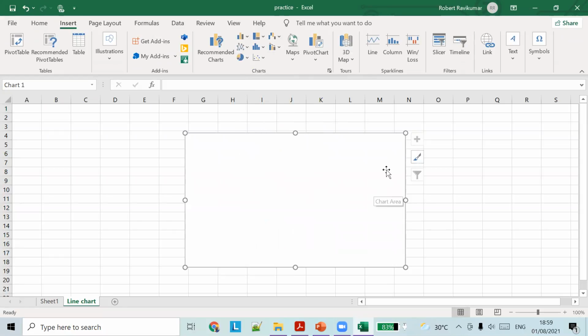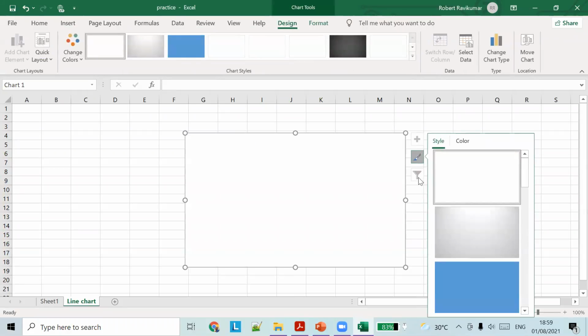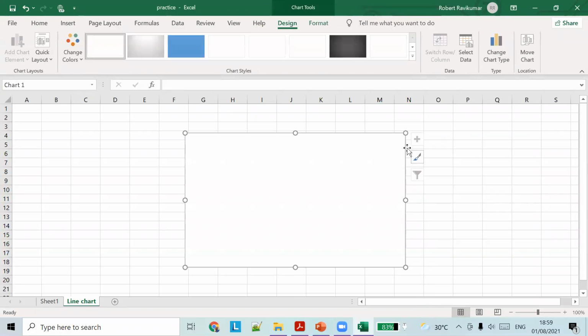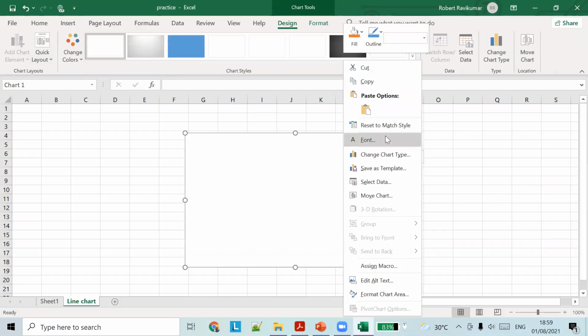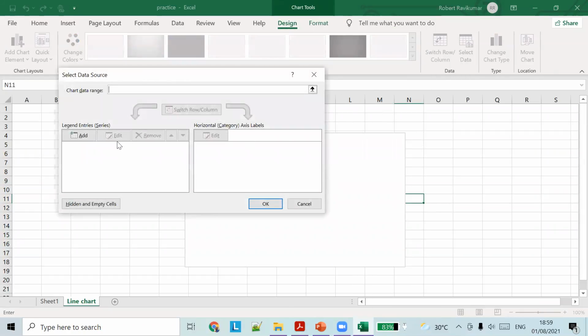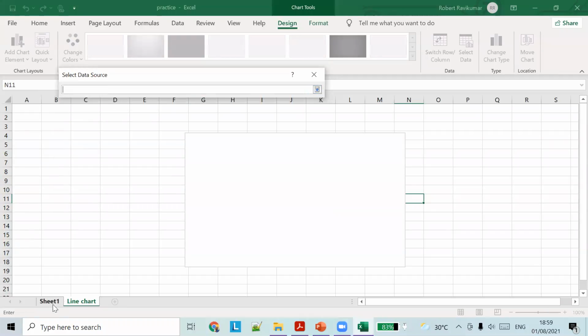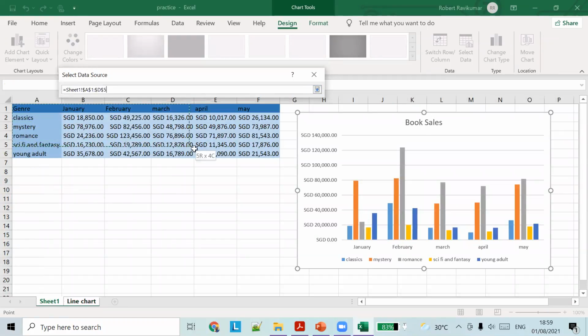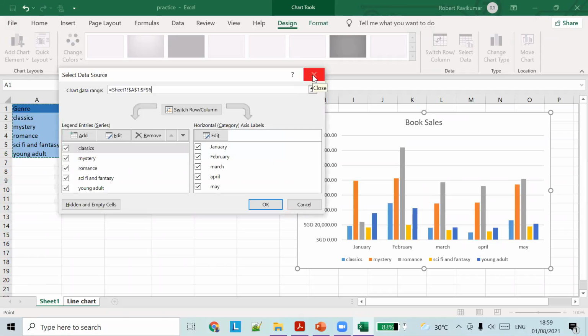Click on this, and I think the data is not selected because it's in a different place. So right click on the chart. You can do select data, and you can select the cell range using this. You can go here, select the data, and press enter.